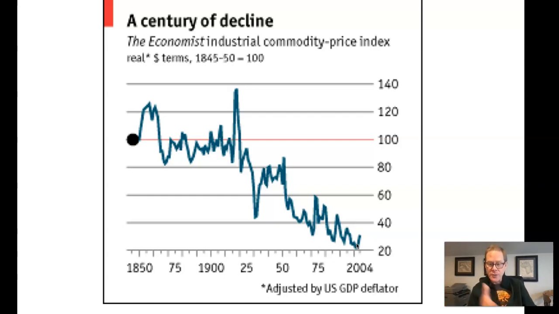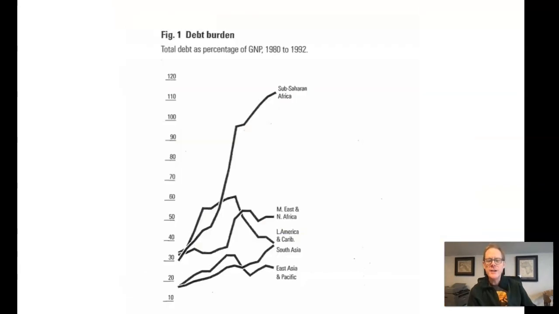And so governments which rely on taxation and especially commodity taxes to raise funds don't have the money they need to pay for things. So what do they do? Well, they do what we all do when we don't have money to pay for things we need: you go into debt. What you see here on this table is from 1980 to 1992, soaring debt for sub-Saharan African countries. Total debt as percentage of GNP, we looked at GDP before, but it's essentially the same, is up over 110%,